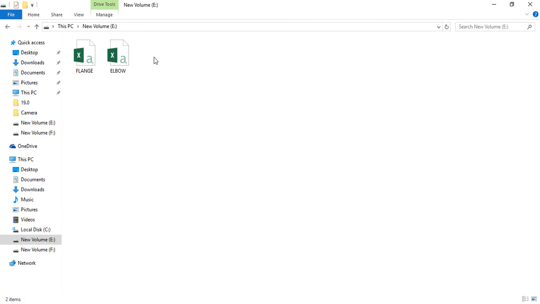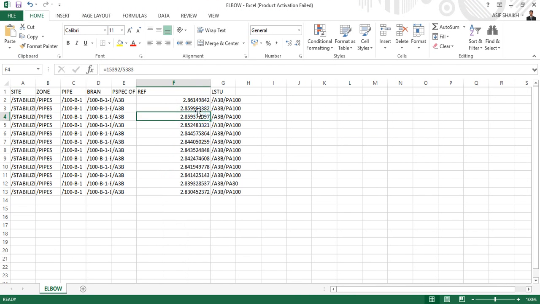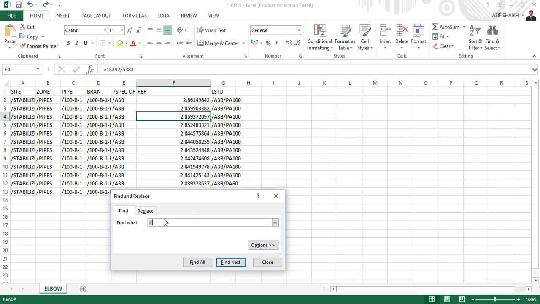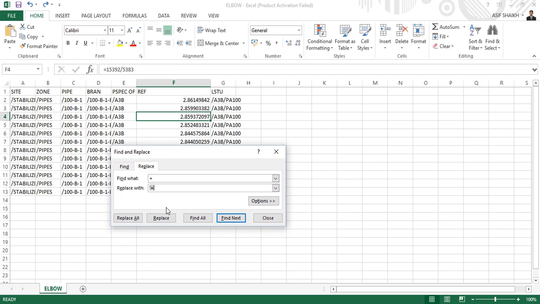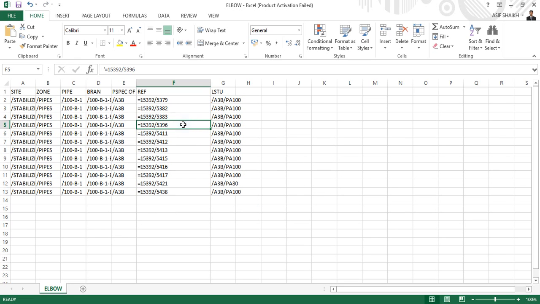Come to E drive and the elbow report is generated, but it is in fraction, so just replace it. We don't want it in fraction. Control F, replace this, replace all. Now we can cross check it,